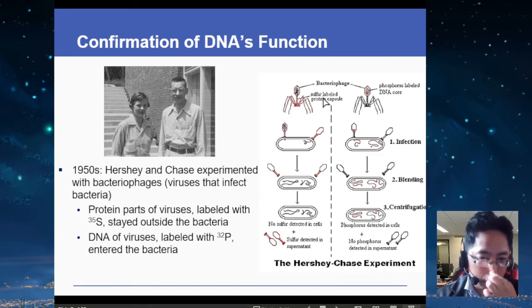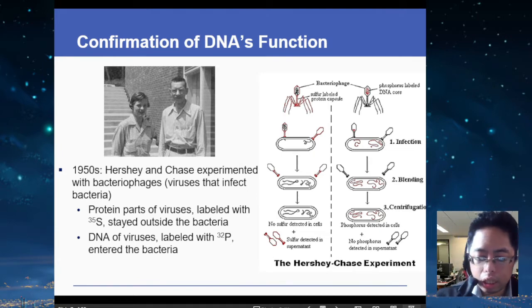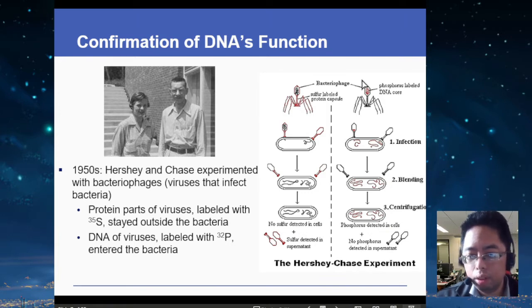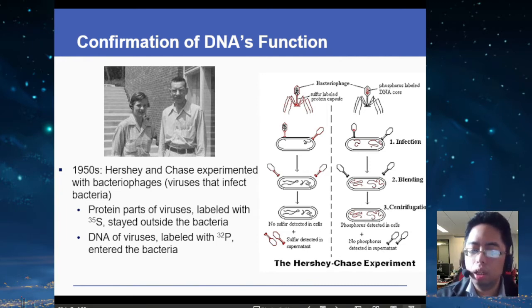They took the viruses, which had both been marked, and let them infect the bacteria. What happened after that is they found that within the cells there is no sulfur inside, but there is sulfur outside of the cell. And they also found that within that same cell there's a lot of phosphorus. So the phosphorus from the DNA core actually got inside the bacterial cells and remained there. So the thing that changes the bacteria is the DNA,